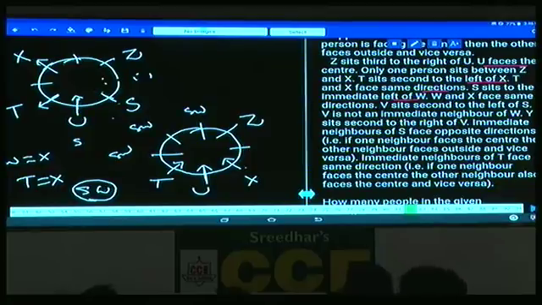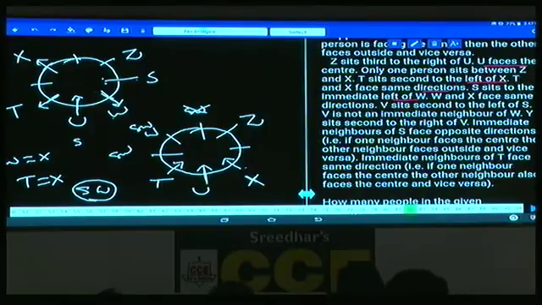As W cannot be at this place, now let us check whether W can be at this place or not, in this case. Now, if W is here, W is facing away from the center. Then here S will be here. Then S is to the immediate left of W. Then coming to this one, W and X are facing the same direction. Now X is facing the center. Now in this one W must also face the center, but W cannot be here. If W is here, W is also facing the center, then Z and S must be in the same place, which is not possible. Then can W be here?